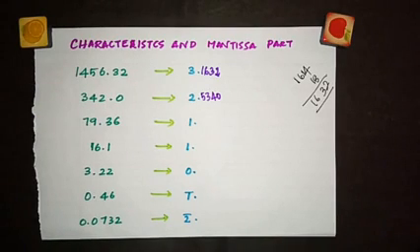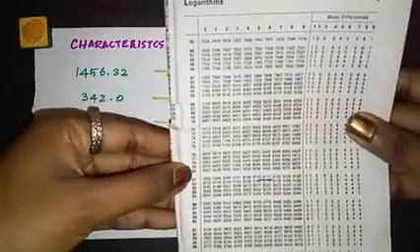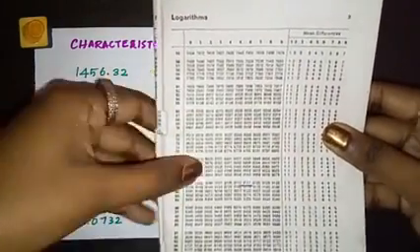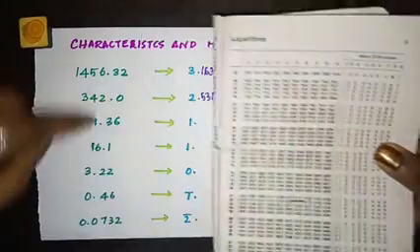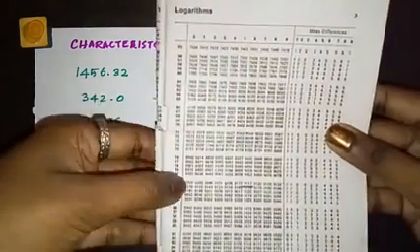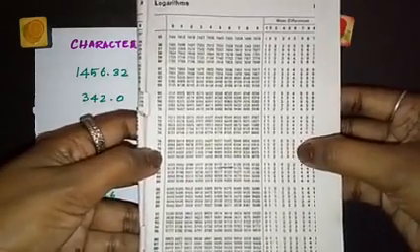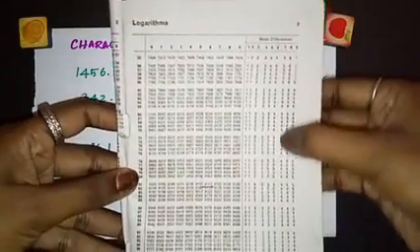Now let's try for the third value, log of 79.36. So what you're supposed to do, look for the 79 in the vertical column and 3 in the horizontal row and 6 in the mean difference. So now let's try. Where is 79? 79 is here, and where is 3? 3 is here. So 79, 3, you are getting a value of 8993. And for 6 mean difference, again in 79 you have to look for the 6 mean difference. You're getting a value of 3.